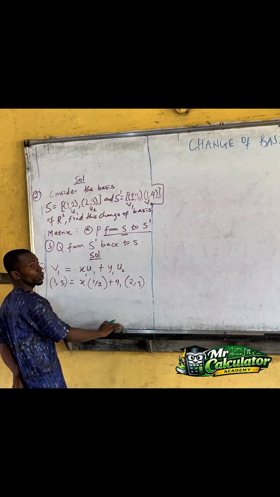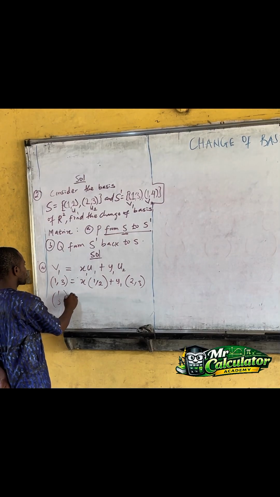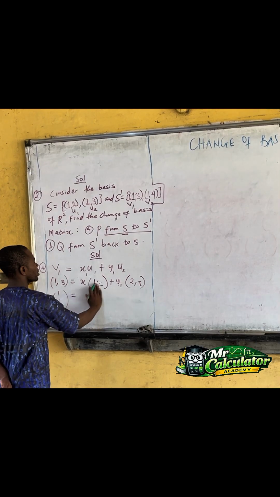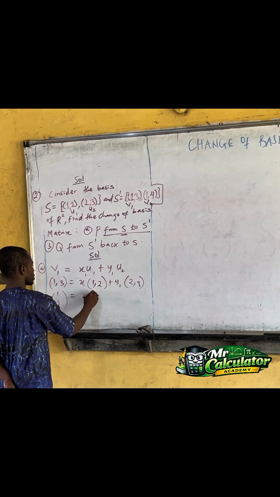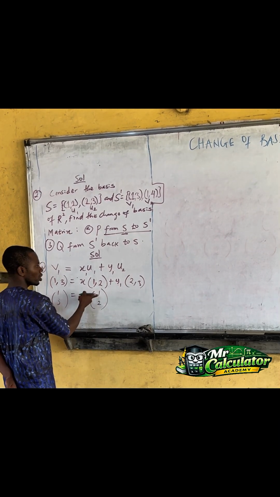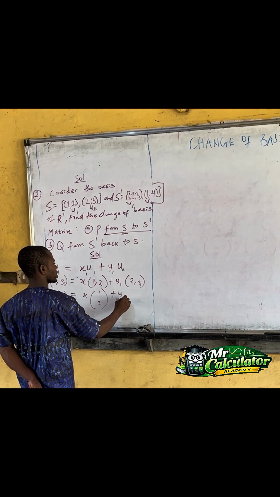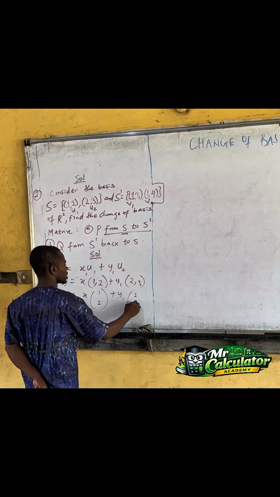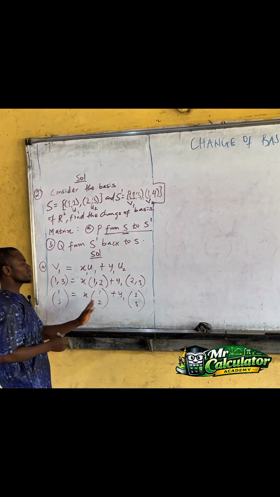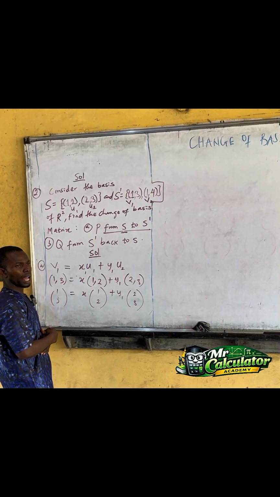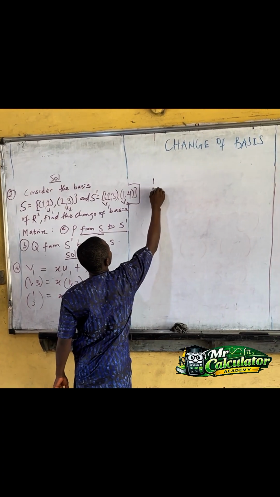But it must be in column. It will now be 1 and 3, 1, 3 equal to this X, we open the bracket. This is 1, 2. It will now be X bracket 1 and 2 is now in column, as you can see, plus what? Y1 bracket what? 2 and 3, as you can see here. So from here now, I will open the bracket. From here it will now be what? 1, 3